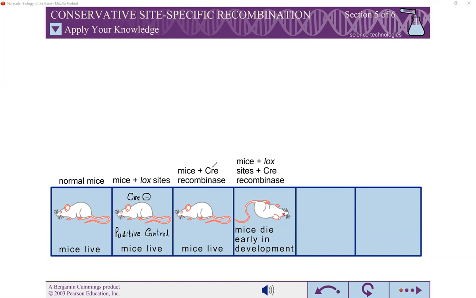Here Lox is present, Cre is present. Okay, so this would be Cre absent, here Cre is present. This would be a negative control because Lox is absent. Cre is present, but Lox is absent. Here Cre was absent, but Lox was present. That is why it was referred to as a positive control. This would be referred to as a negative control